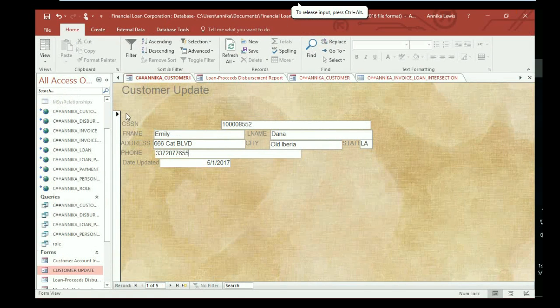I'm going to go ahead and change the address. Once that address is changed here, once the system updates, it'll give the new address. So it updates the information in the database. I'll go ahead and change the city to Lafayette. And I'll go ahead and go back to the customer table. Once I save,